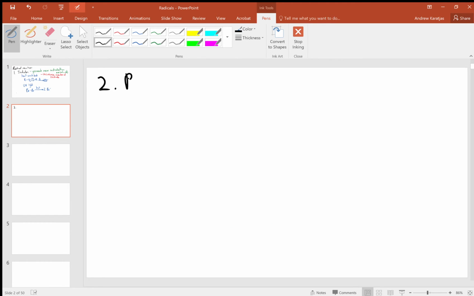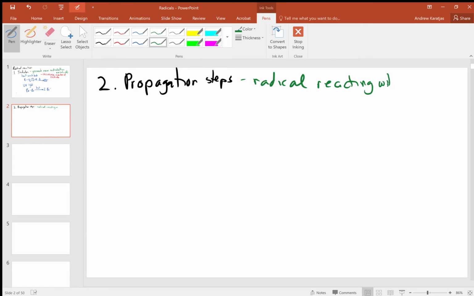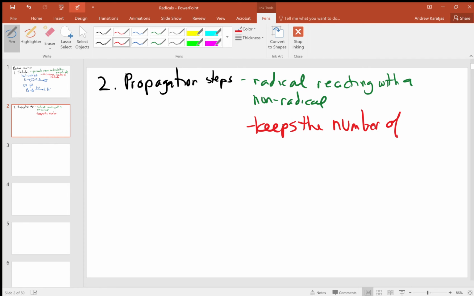Once you've formed your radical, then you can get what are known as propagation steps. In a propagation step, you have a radical reacting with a non-radical. And a propagation step keeps the number of radicals constant. It's steps like these that also often give these the names like chain reactions,